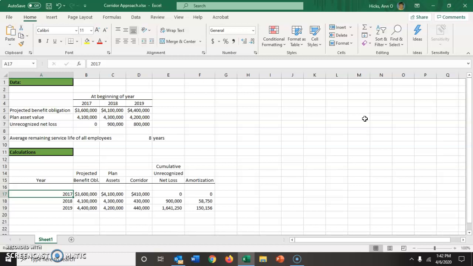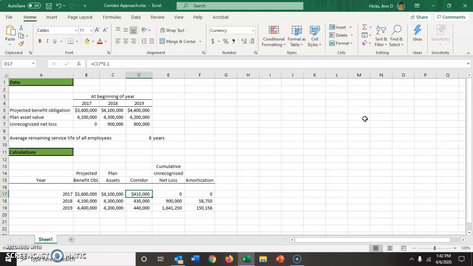Now, what the corridor approach says is as long as the unrecognized net loss or gain doesn't grow beyond this corridor, you're not going to need to amortize anything. And that corridor is defined as 10% of the larger of PBO or plan assets at the beginning of the